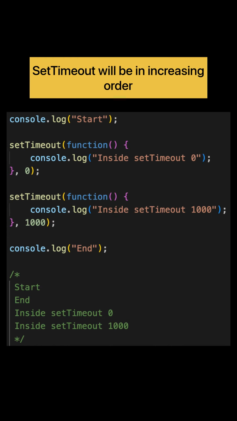If we observe here, setTimeout 0 is executed first, then setTimeout 1000 milliseconds is executed next, because setTimeouts will be